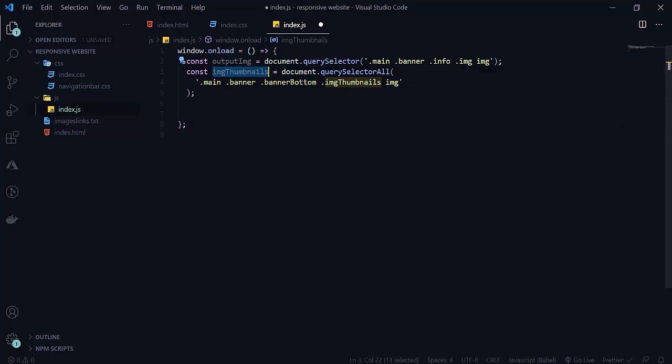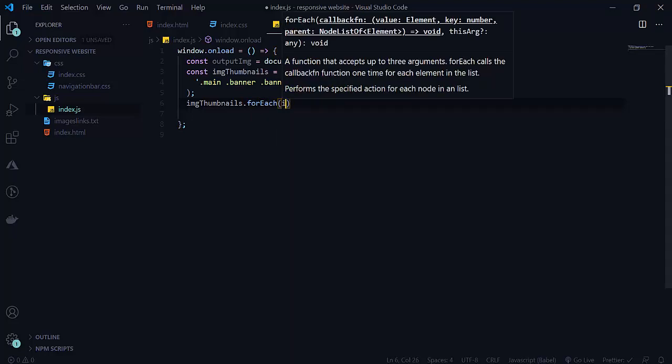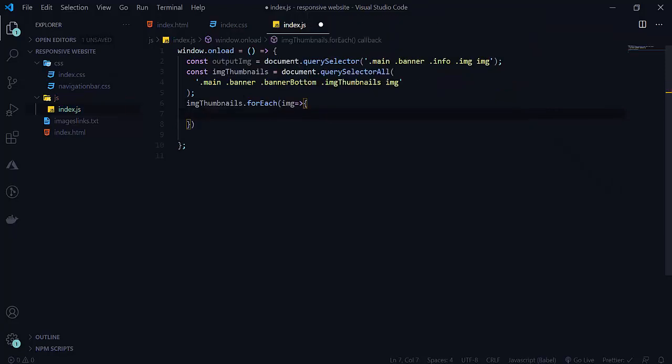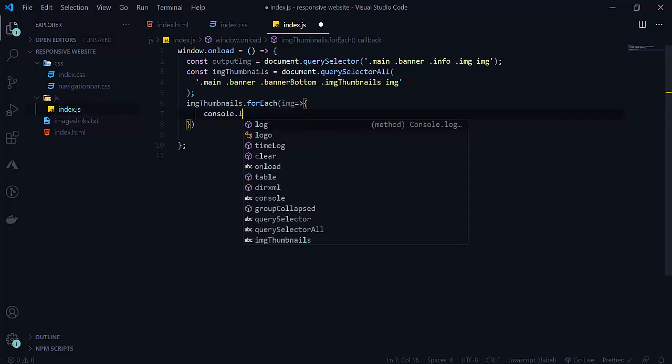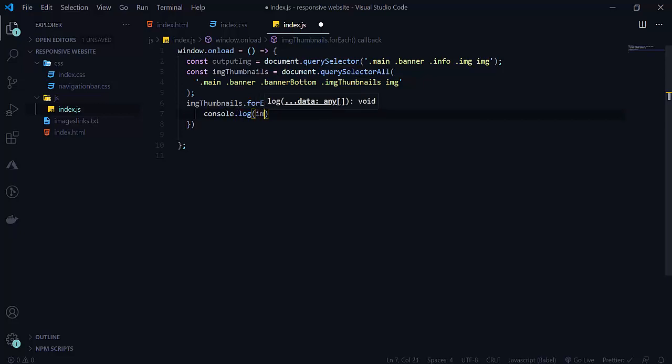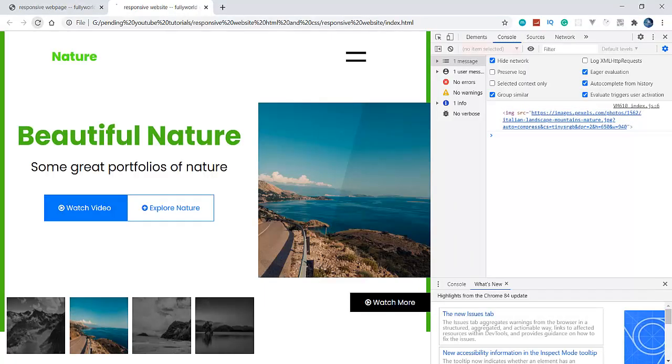Okay, so let's move further. We will apply our forEach loop here: imageThumbnail.forEach. For each, we want our image, so we need a function here. I'm using an arrow function with img as the argument. When I console.log img, see what happens.